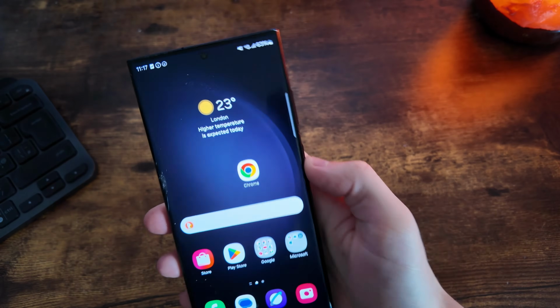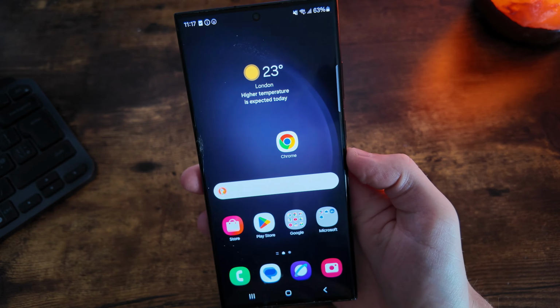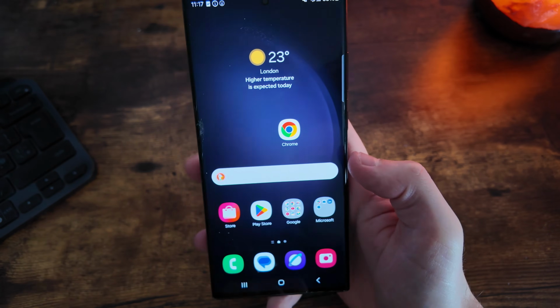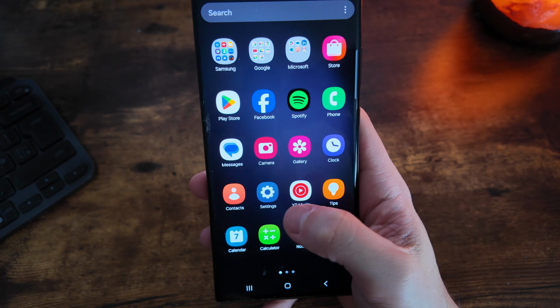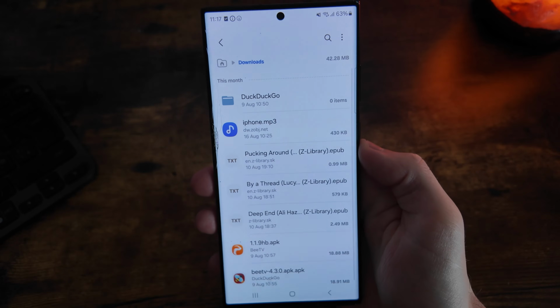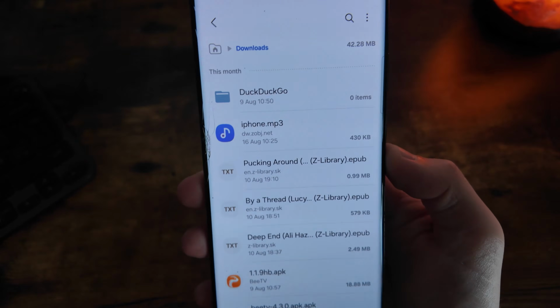In this video, I'm going to show you step by step how you can remove viruses from your Android phone. Now, there are a few ways that we can do this, but the first thing we need to do is head over to our files. So if you go to your files and then you go to your download section, the first thing that we